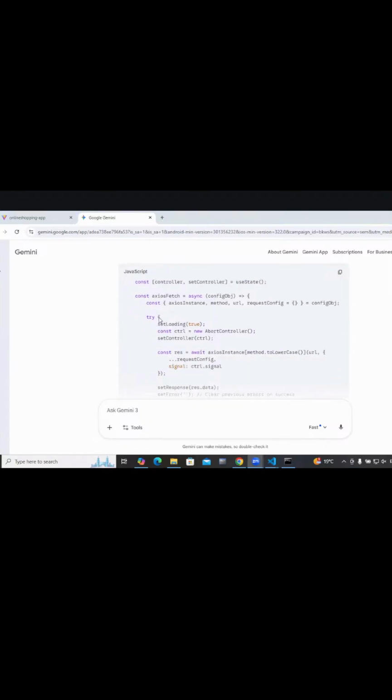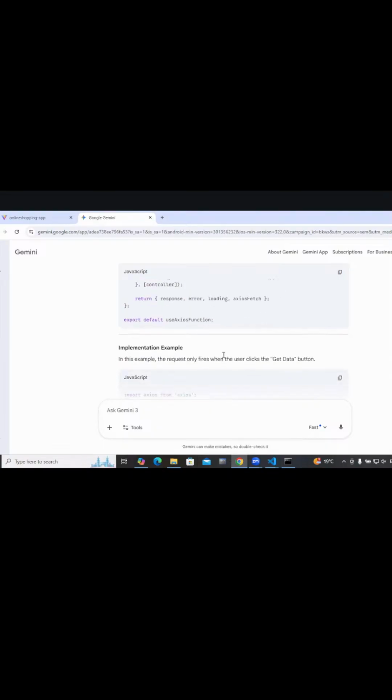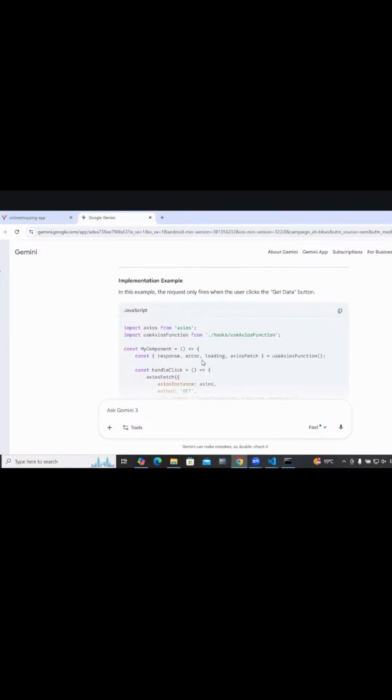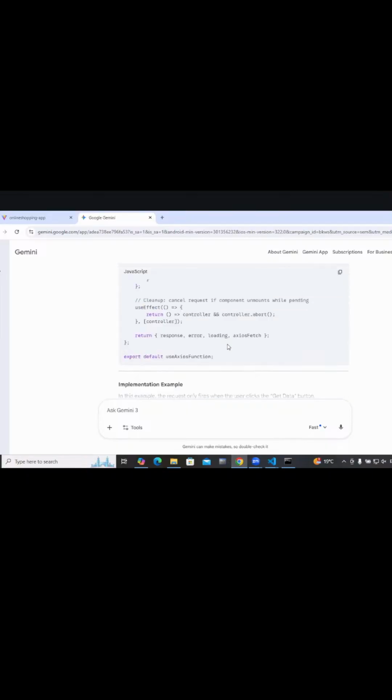And if you see, he's using await over here: Axios instance of method dot toLowerCase, URL. And what is this Axios instance we are passing? If the Axios instance is Axios, then we can directly say Axios. Why do we do this?